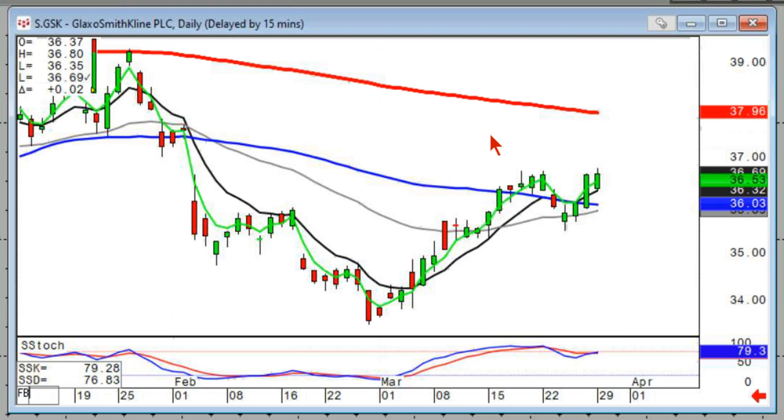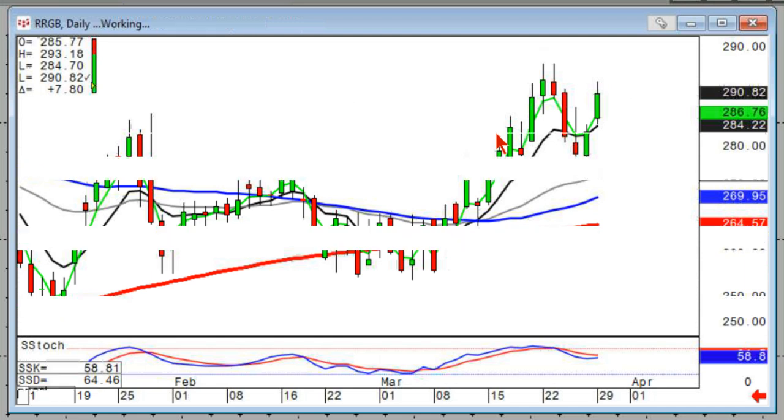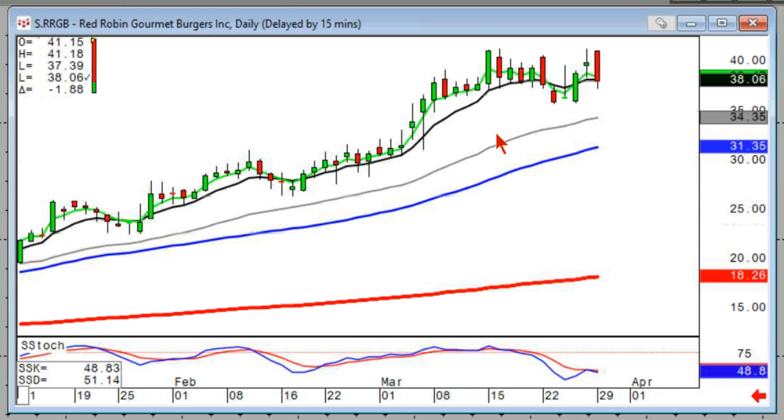I'm sure we did Facebook, a J-hook pattern. You could buy it if you like it. It's just not one of your best trading stocks. And Red Robin,